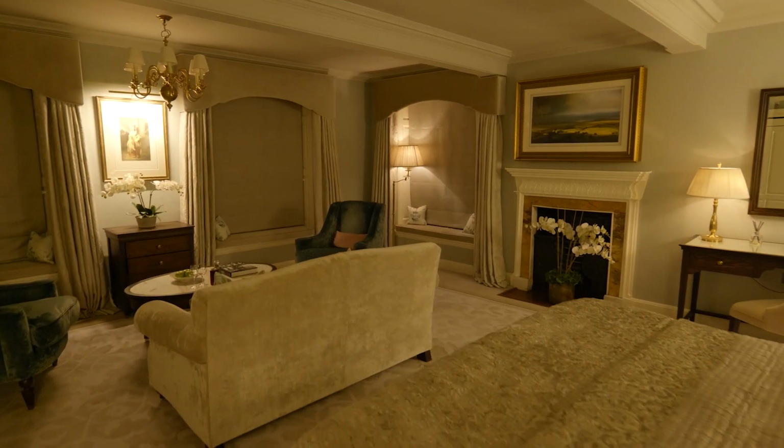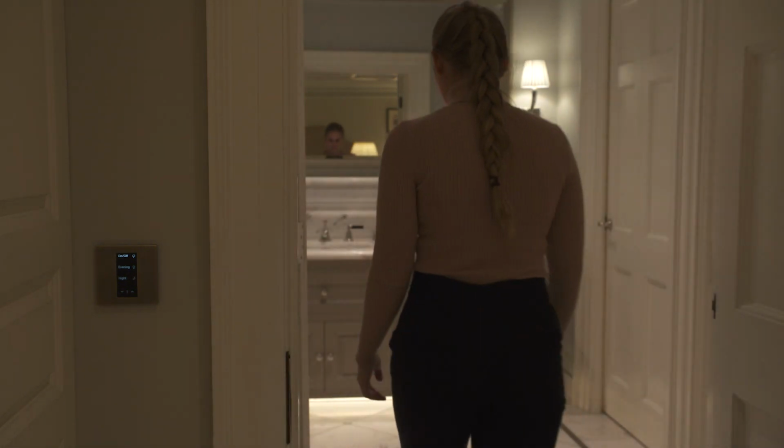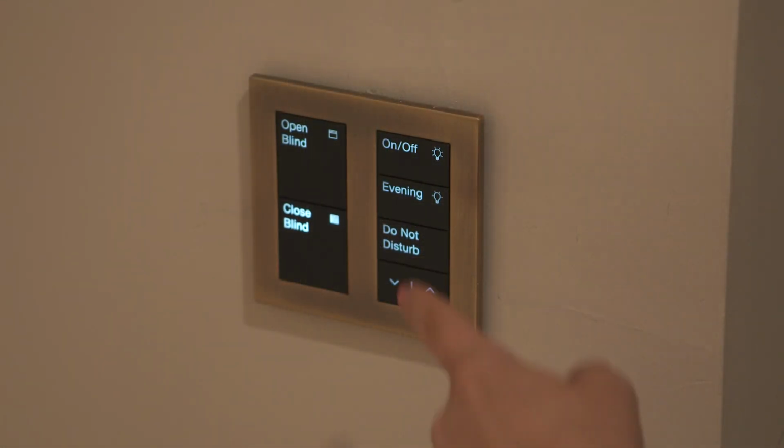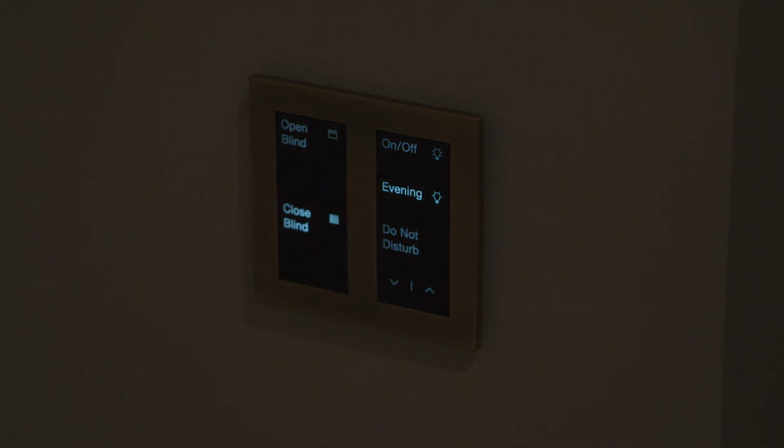And Lutron My Room was the package that ticked all those boxes and brought everything together into a very, very simple plate that everybody could use. And we felt that, certainly advised by Clever Associates, that we could deliver that and control everything that we wanted on one platform. So the great thing about the system, from the start to the end, is that it integrates